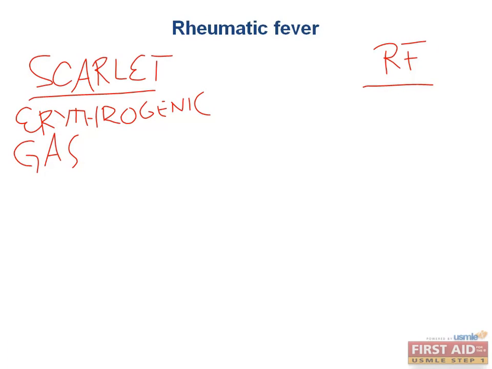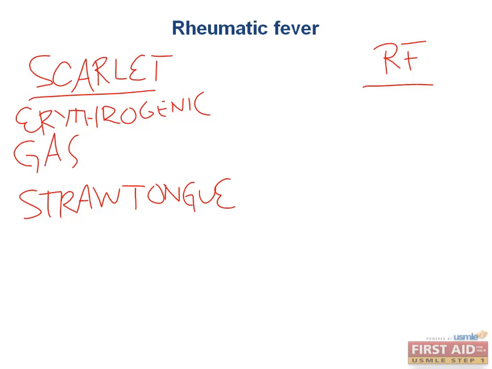Now, since it's a hypersensitivity-like reaction, that means that a kid had to be infected once for the initial exposure to this antigen or toxin, and then they are infected again, and the immune system reacts to seeing that same toxin again. Again, that is the fundamental pathophysiology behind scarlet fever. Now, scarlet fever usually first shows itself in a kid with, again, here's another situation where we have a strawberry tongue. Well, we just had that in Kawasaki disease, so that can be a great way for test examiners to